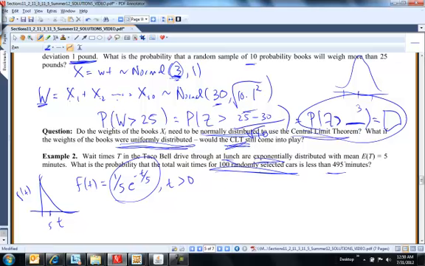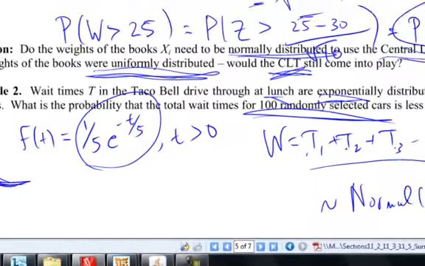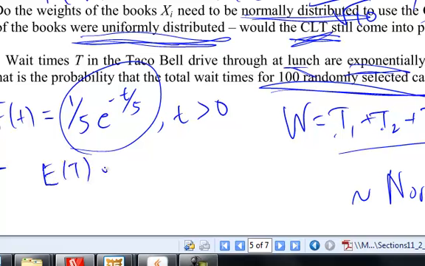I know that's kind of a crazy question, but each driver we expect to have this as their distribution, about 5 minutes. So if I add together 100 wait times, a wait time for car 1, car 2, car 3, through car 100, if I add 100 exponentials together, for sure it's normal. So we're going to say that's normal, with a mean of 5 minutes, 5 minutes, 5 minutes, so 500 minutes. And let me see, variance, right, expected value is 5, and